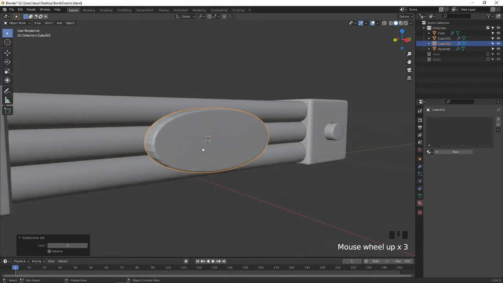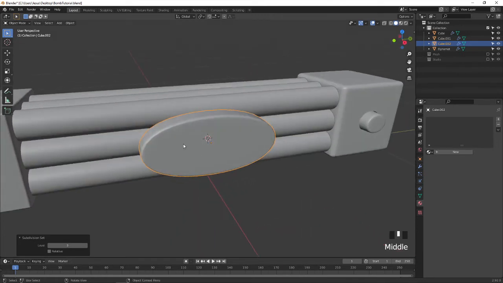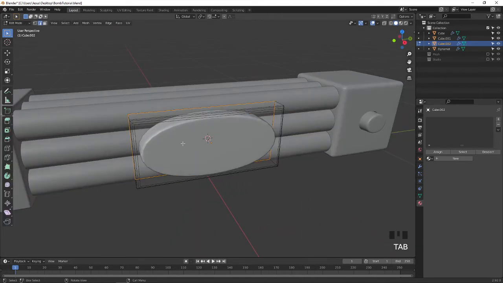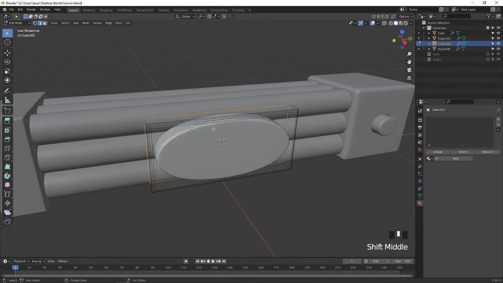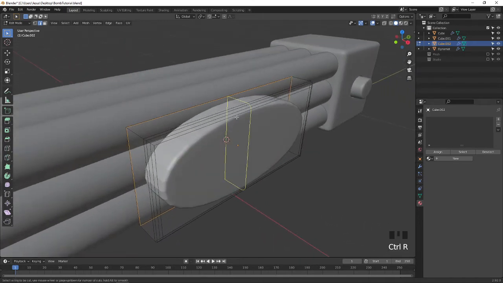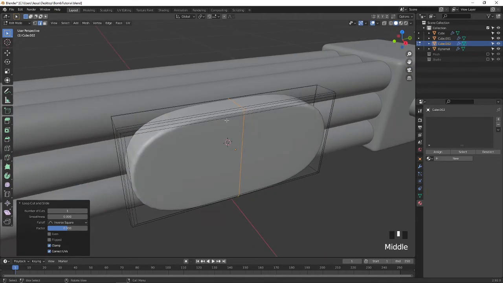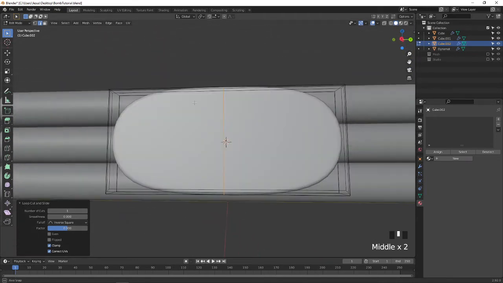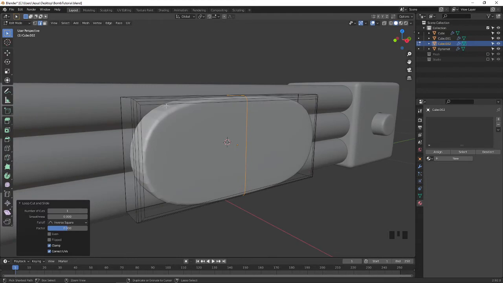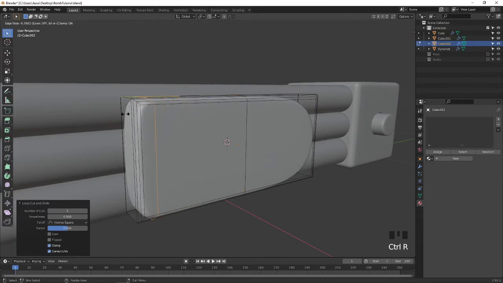That is not what we require. We require a rectangular-looking object. Why did this happen? Because there are no edge loops or edges created here. After I press Ctrl R and create one edge, you can see the shape makes a difference. Press Ctrl R and create an edge loop here.